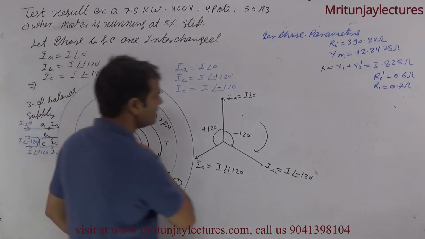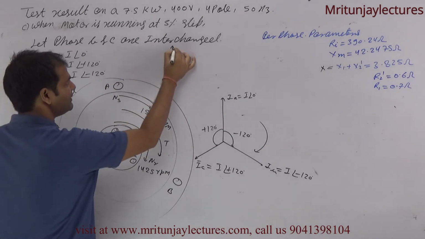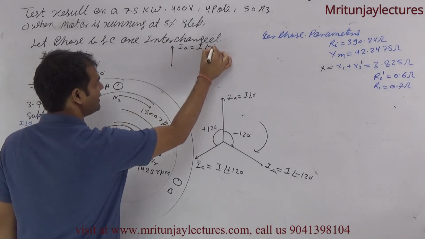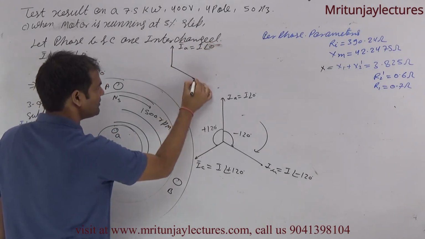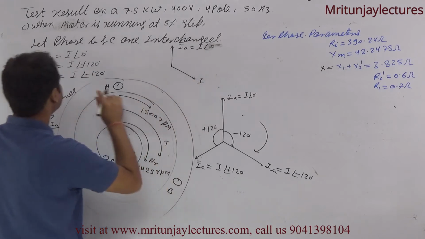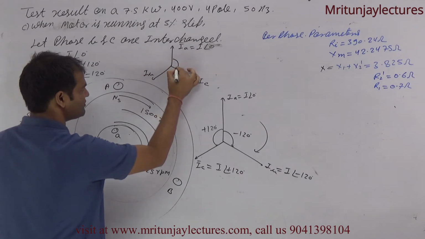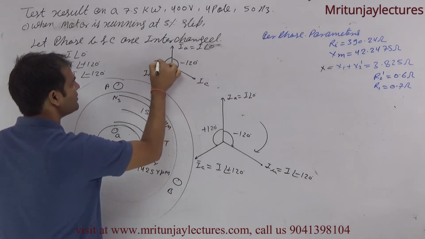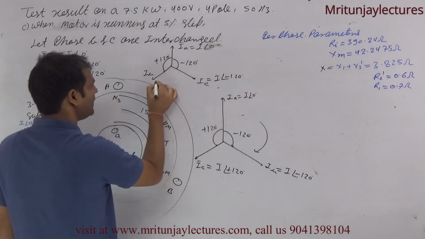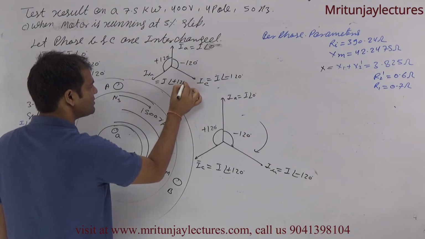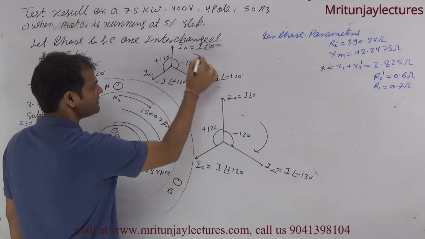If you want to make it like this one, this is IA, I at the angle 0, clear? What about IB? That is IC and that is IB. Clear? This one minus 120 and this one plus 120. IC is written as I at minus 120 and IB is written as I at plus 120. What about sequence? That is ACB.